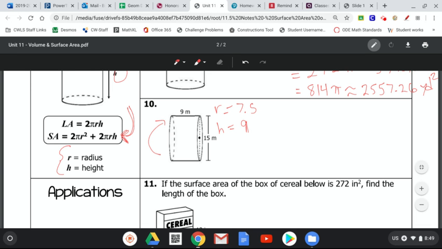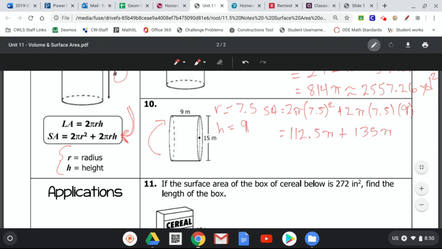All right, so trying to find the surface area, it'd be 2 pi and then r, which is 7.5 squared, and then we're going to add 2 pi and then r is 7.5, and then times our height, which is 9. So plug that all in, and you should get an answer of 112.5 pi plus, and then when we multiply that all through, 135 pi,